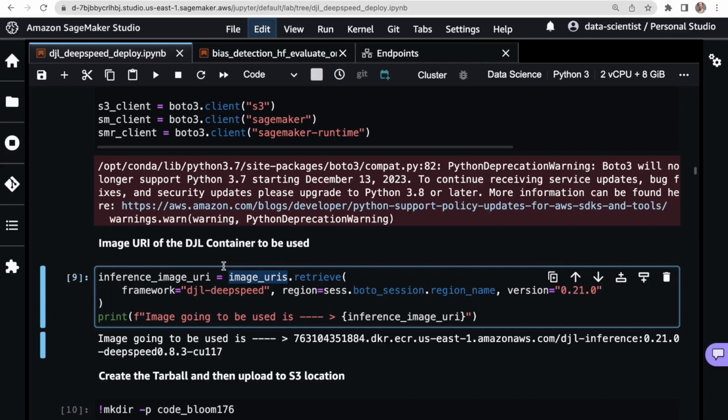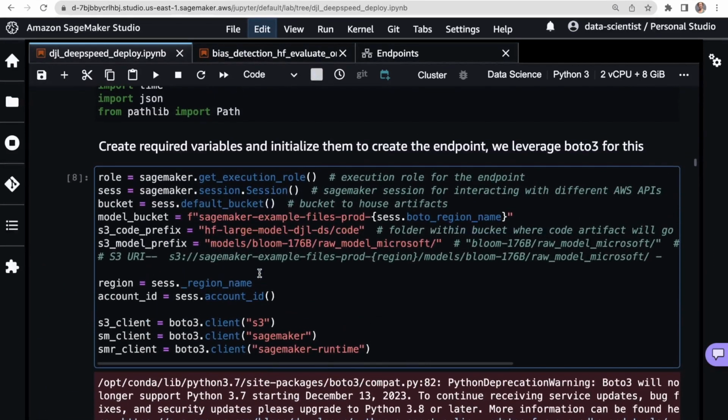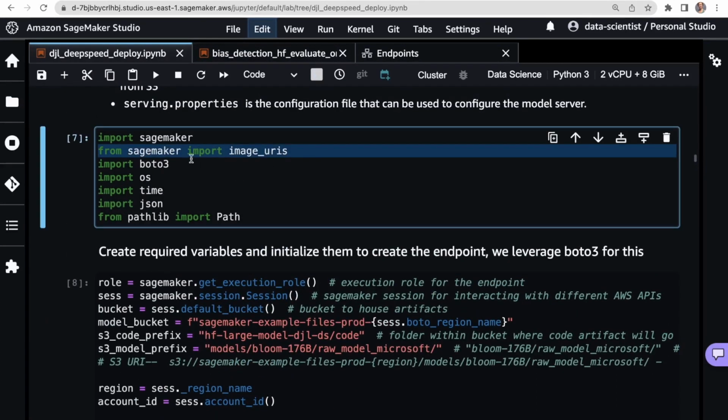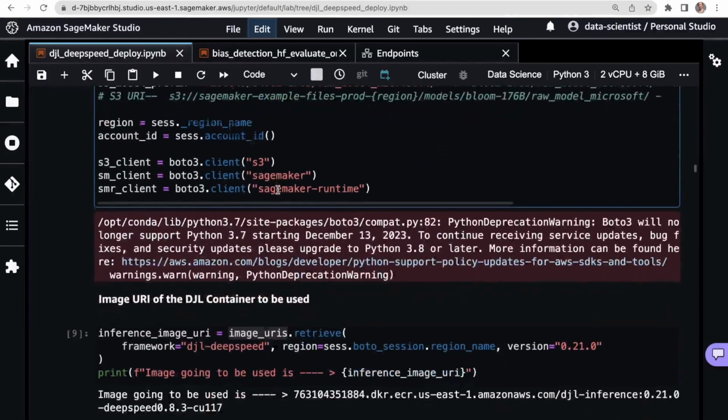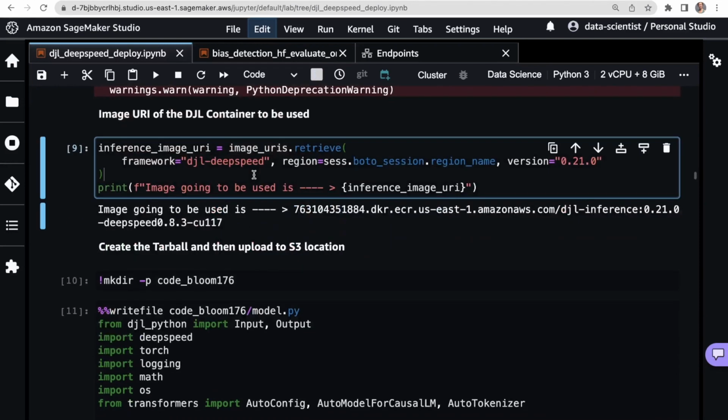So the image URI, let's see where that comes from. Image URIs comes from the SageMaker Python SDK. And so this is an object that's going to let us just point to the base image that this endpoint is going to use. So image_uris.retrieve, we're going to provide it that framework name.